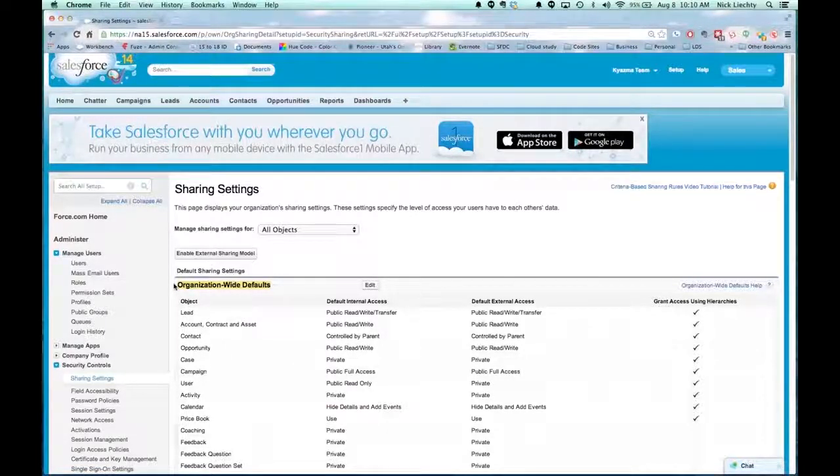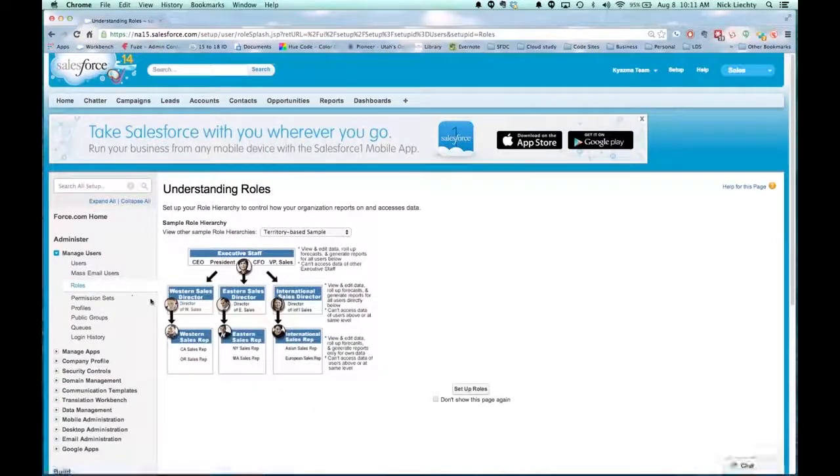Now, you heard me mention that you can share with roles. So let me explain roles a little bit. Oh, and one other side note on public groups and sharing. The purpose of a public group or even a role and sharing through roles or sharing rules is to expand access, to open up access, whereas the function of the org-wide default is to restrict or reduce